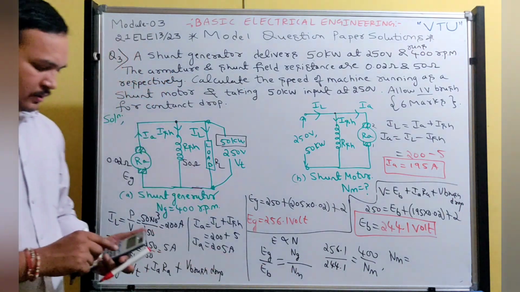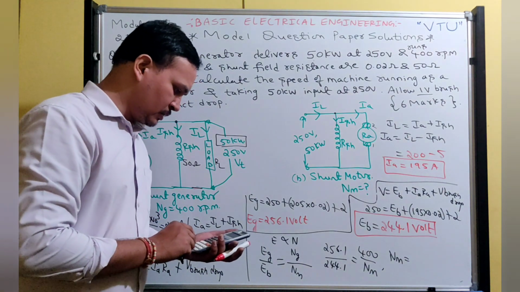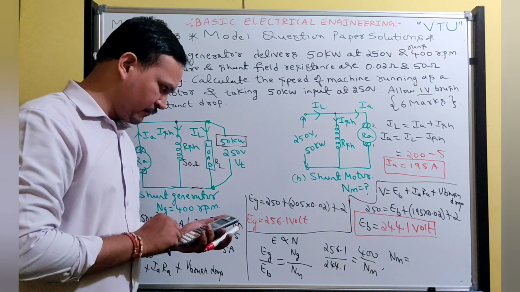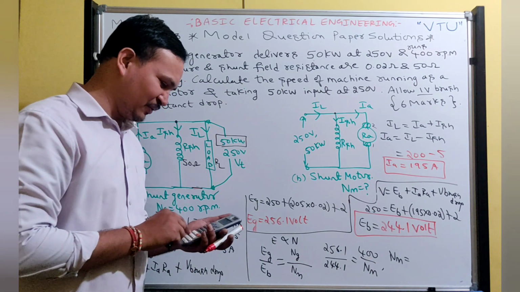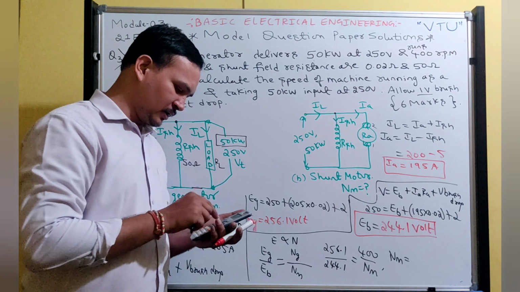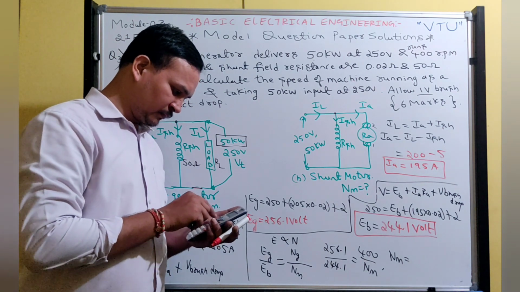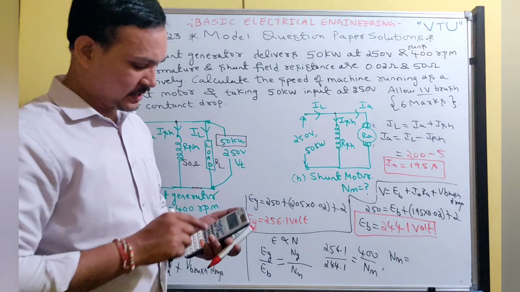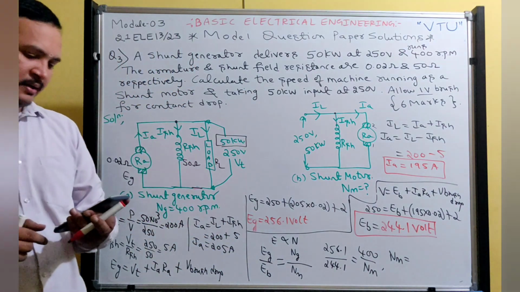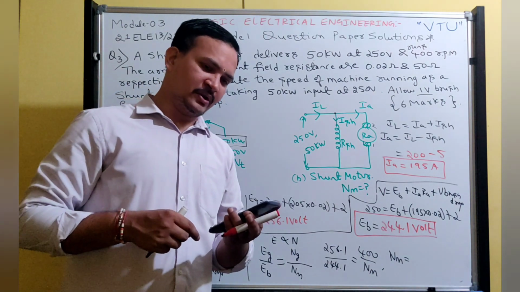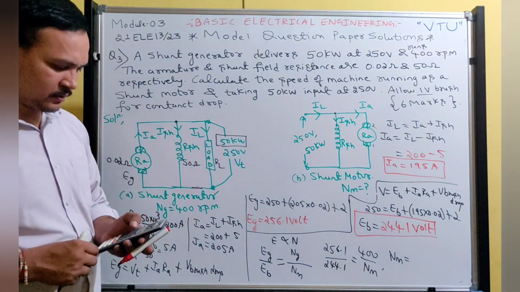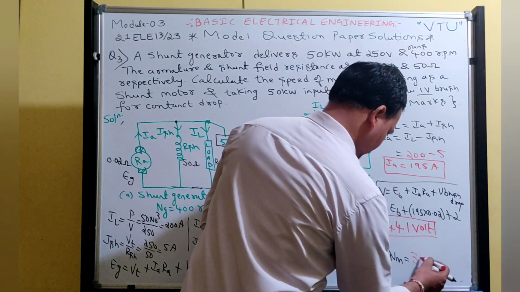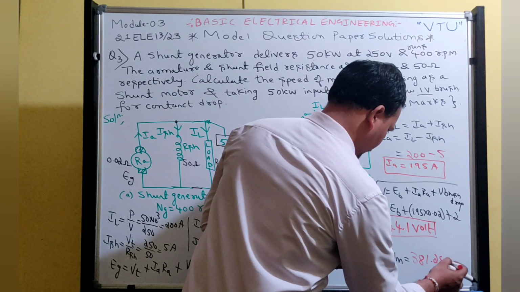Okay, got it? So let me solve this. 256.1 divided by 244.1 is equal to 400 divided by NM. By solving this, we are getting speed as, how much did you get? Okay, 381. That's nice. So the final answer is 381.25